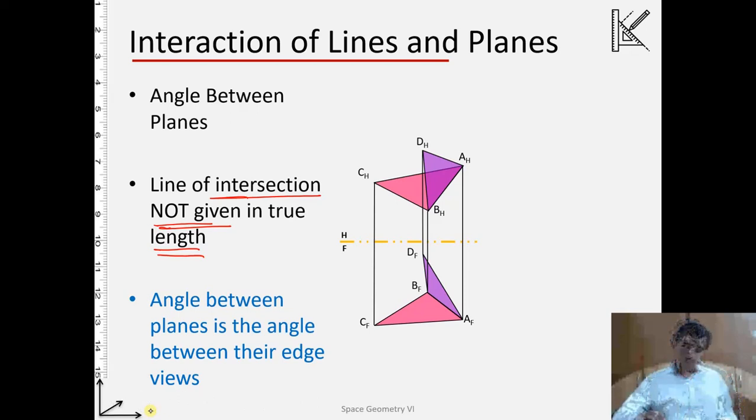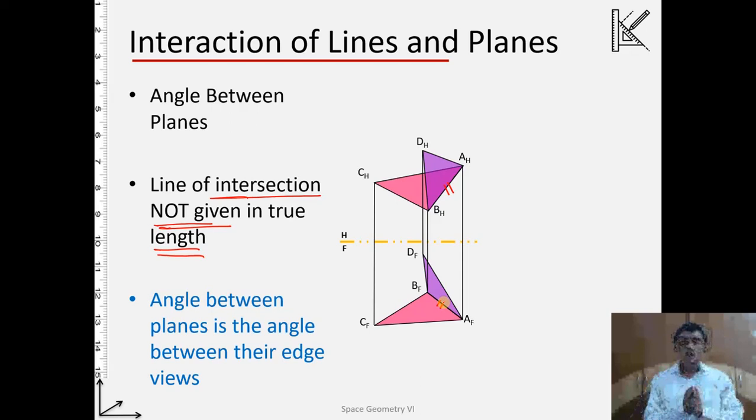And you will notice the line AB here and line AB here. So there is a line in none of the views. When I say none of the views, I mean the frontal view and the horizontal view. This line is not parallel to the hinged line, or we can say the line is not parallel to either the frontal plane or the horizontal plane. So the line is oblique, as we can see over here.